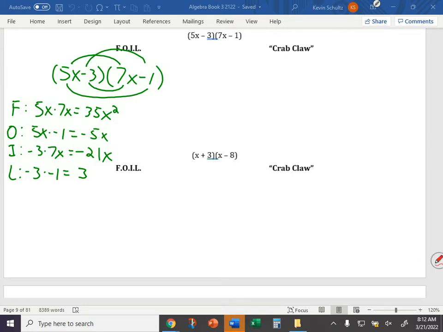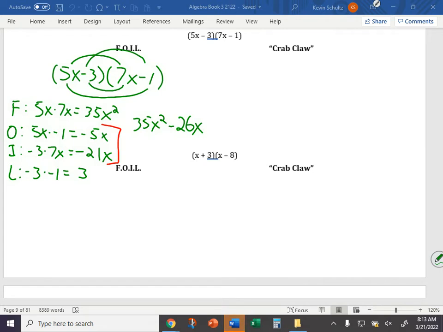We look at what we can combine, our inside and outside terms, those two x terms. Who can put this all together for us? Sophie. 35x squared. Negative 26x,